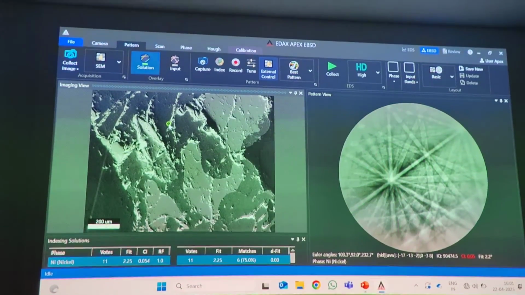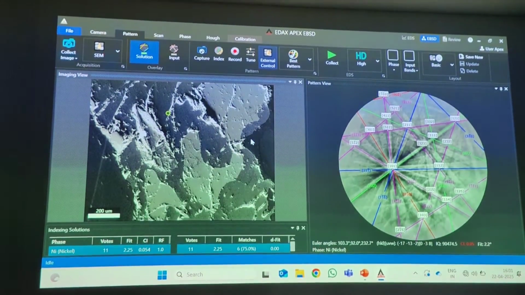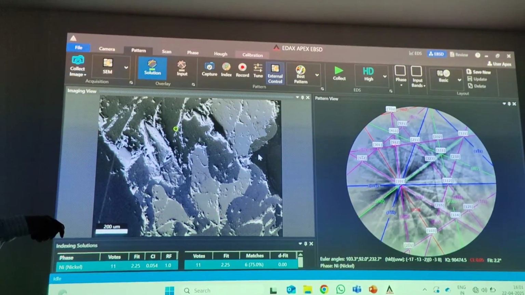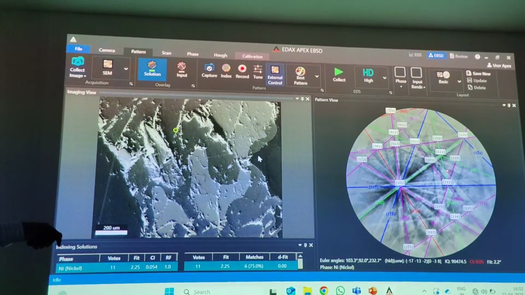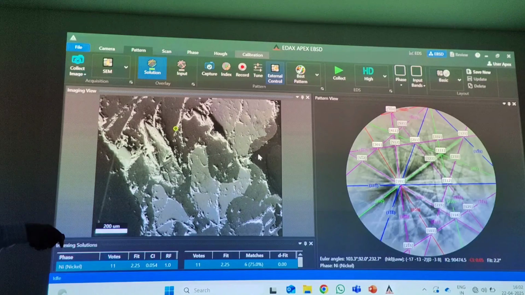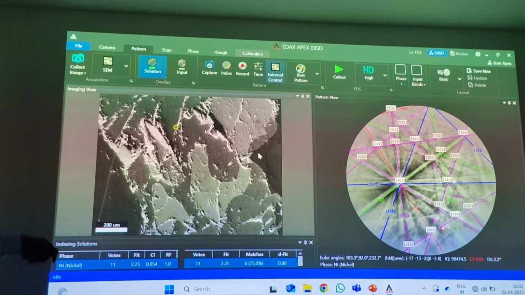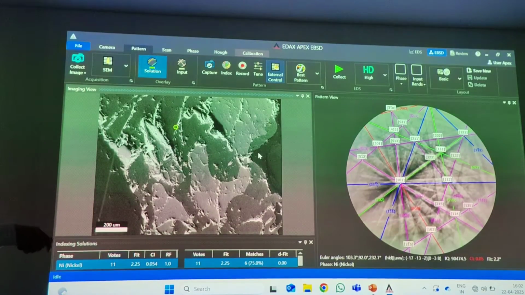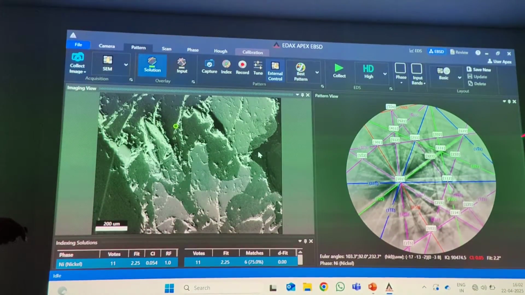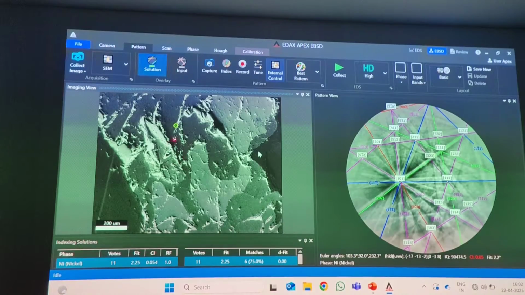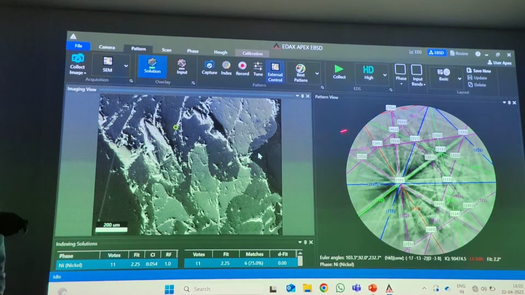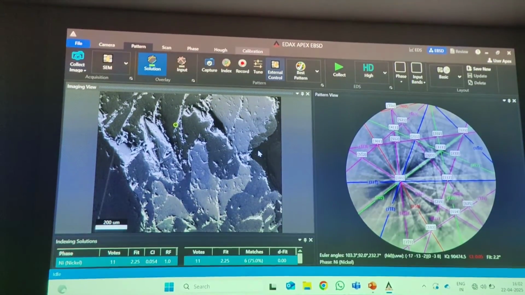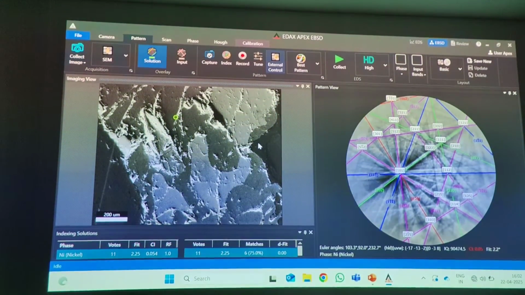So typically if it is matching perfectly... right now if you see, some of the bands are not matching with the actual database. This band here is not getting indexed, this pattern is not matching, this pattern is not matching, so it is slightly off your actual pattern. So maybe some calibration issues there, or maybe we have loaded the wrong file here, this database does not belong to nickel maybe. The sample might be different and the database which you have loaded might be different. That is another reason it is not able to index it.